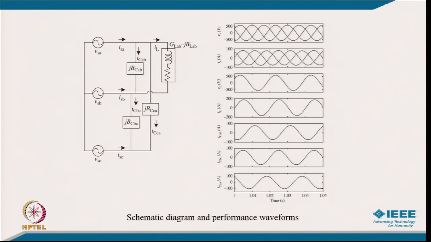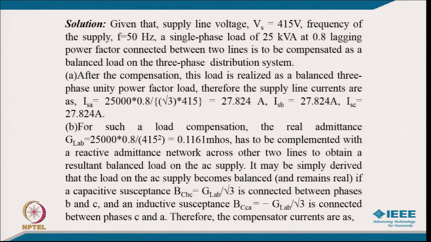Compared to the previous one, we have to connect another compensator for power factor correction and make the line to line load of line AB equivalent to a resistive load. Then the remaining elements come in a similar manner as in the previous numerical problem. After putting in compensation, you can see the real waveform of this numerical problem: all 3 phase line currents are in phase with the voltage, and you can also see the voltage and current of the compensator. So, coming to the solution, given that the supply line voltage is 415 volt,